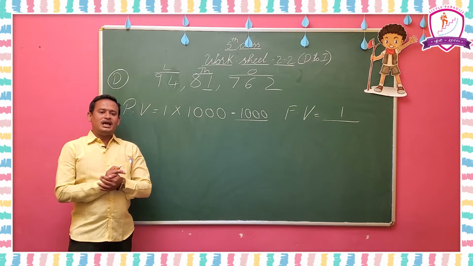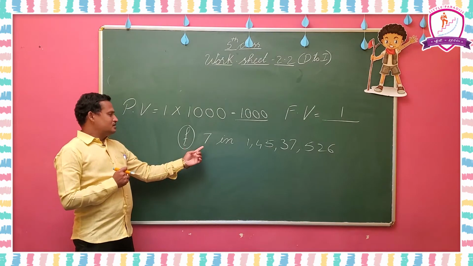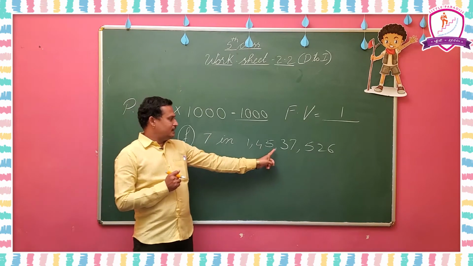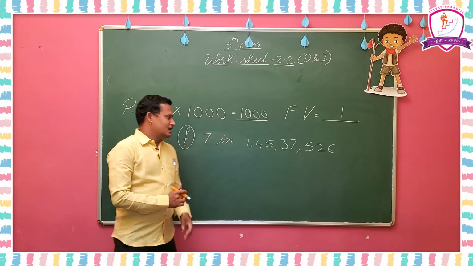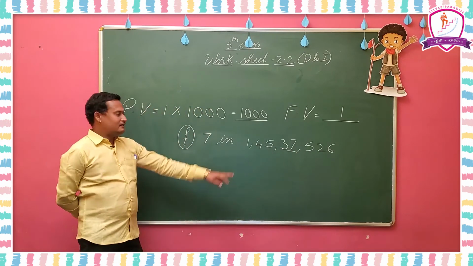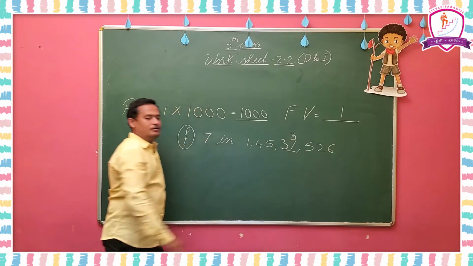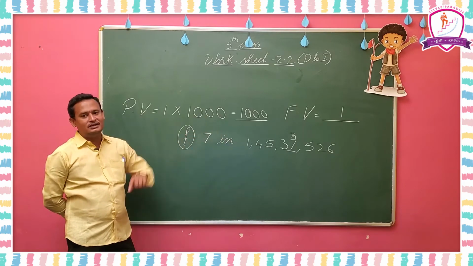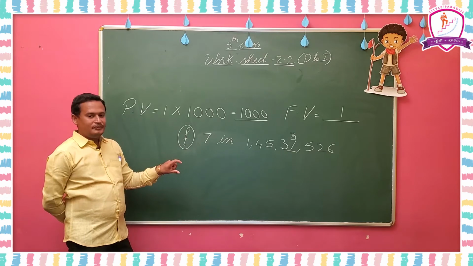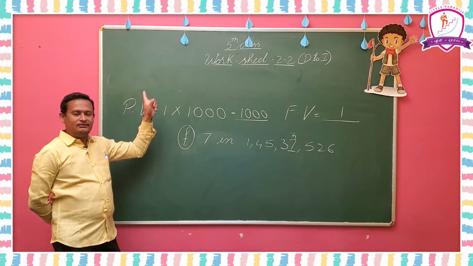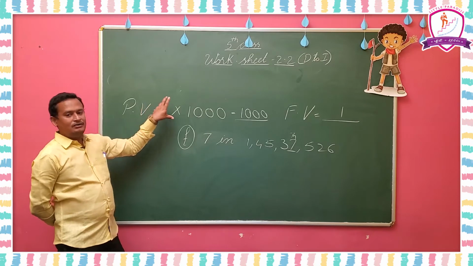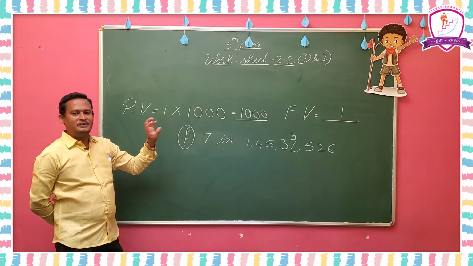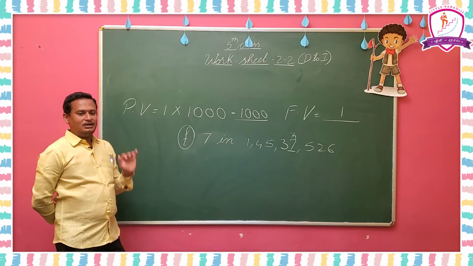Here coming to the F sum: what is the place value of 7 in 1 crore 45 lakhs 37,526? Here the 7 is in the thousands place. We have to multiply that 7 with 1000 to get its place value. 7 into 1000 is 7000, the place value of that 7. Understood? Like that you can complete D, E, F. These 3 are in the same model, but in D we have to find the place value and face value, and in E and F we have to find the place value only. Understood? Now coming to G.